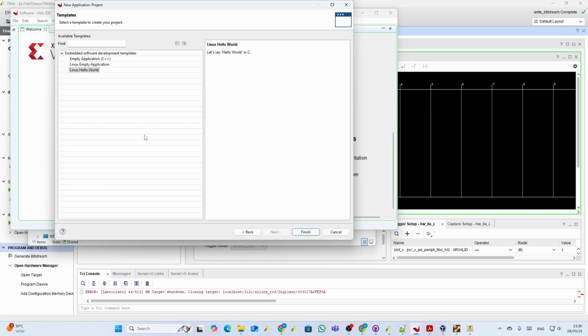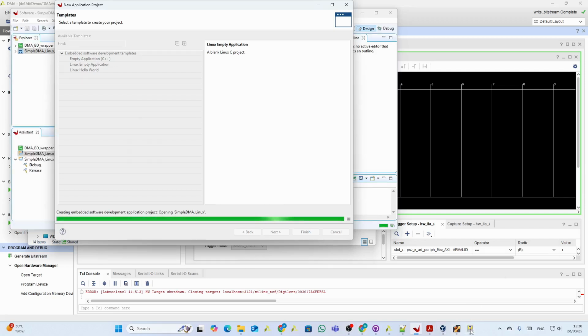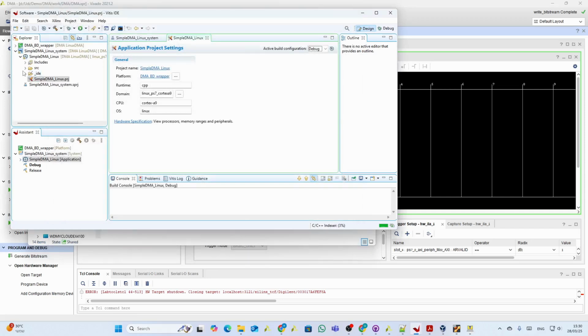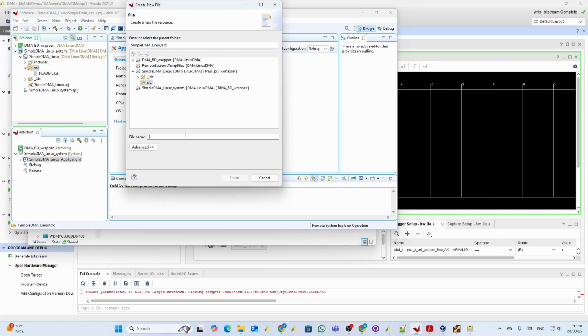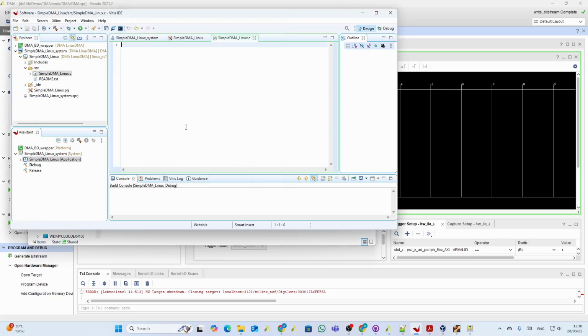And we have the Linux operating system and Linux empty application. Now we go to source, and we'll add a new file. We'll call it Simple DMA, this time Linux.c,